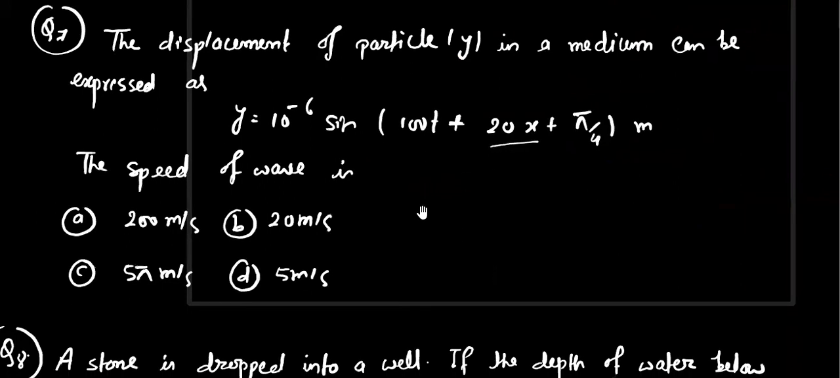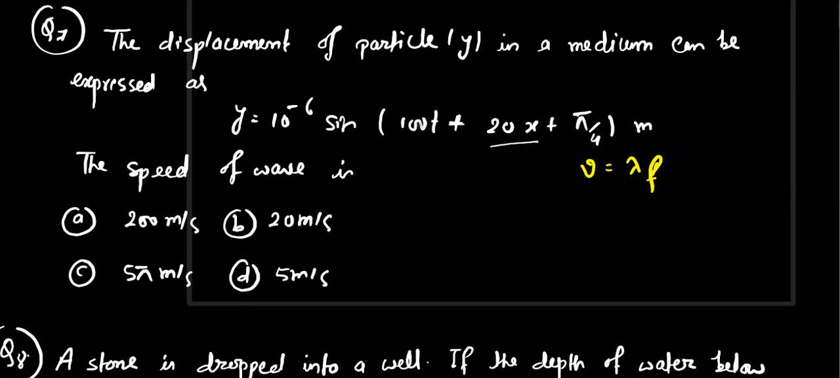Okay, this is question number 7. The displacement of a particle y in a medium can be expressed as this formula. The speed of wave is. To find the wave speed we need lambda times f. First of all, we have to find out frequency and then wavelength and then we have to calculate the product